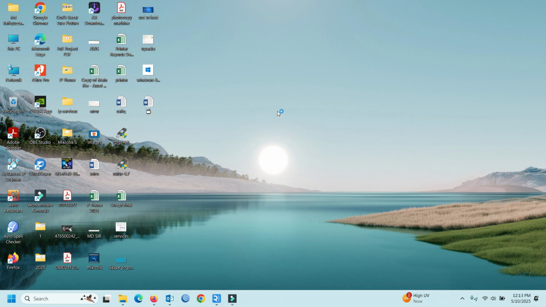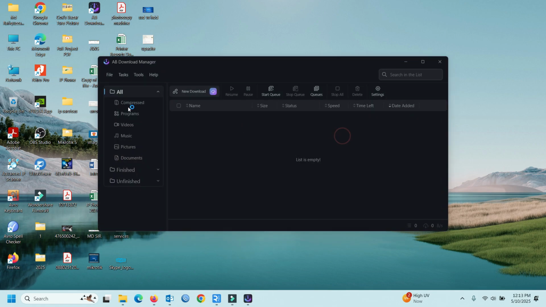And just click. Now your AB Download Manager interface is open. It has compressed, program, video, music, picture, and documents categories, and finished items are there. Unfinished items are here. All of your content is there to click on. You can see it. Now we can try to download